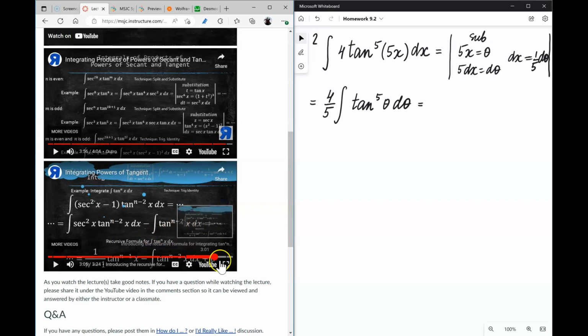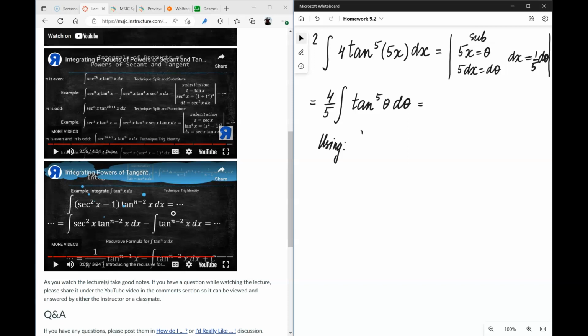And in this approach, we're given a recursive formula. But if you don't want to use the recursive formula, then you just have to follow the trig identity method described in this video. I'm going to use the recursive formula just because it's that good, and I don't see a reason why I wouldn't want to use it here. So the tangent to the power 5, let me put it over here for reference. So the recursive formula that I'm using